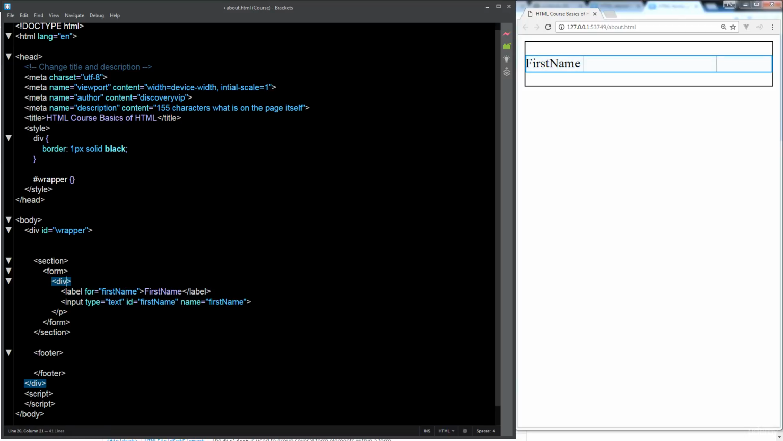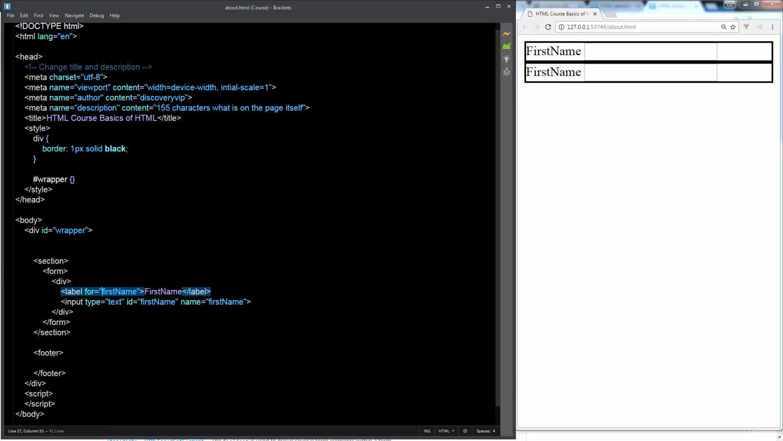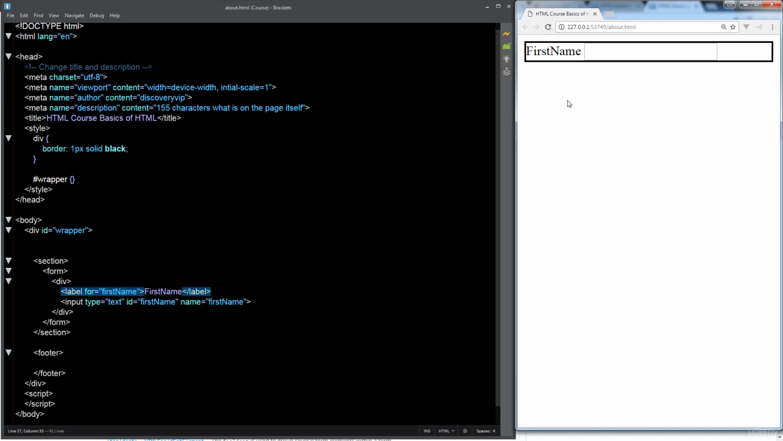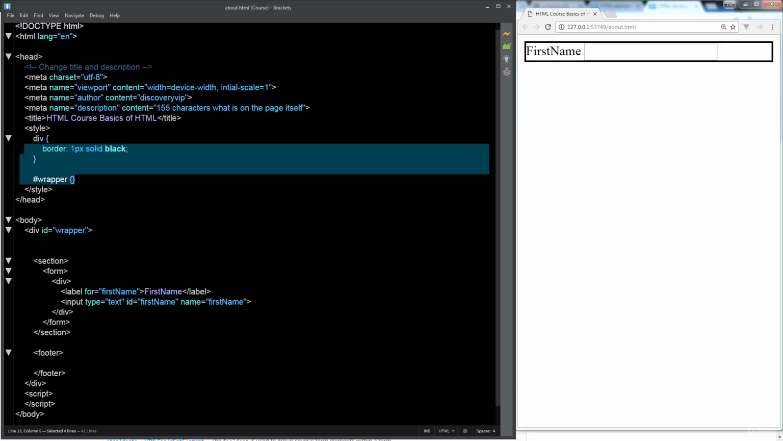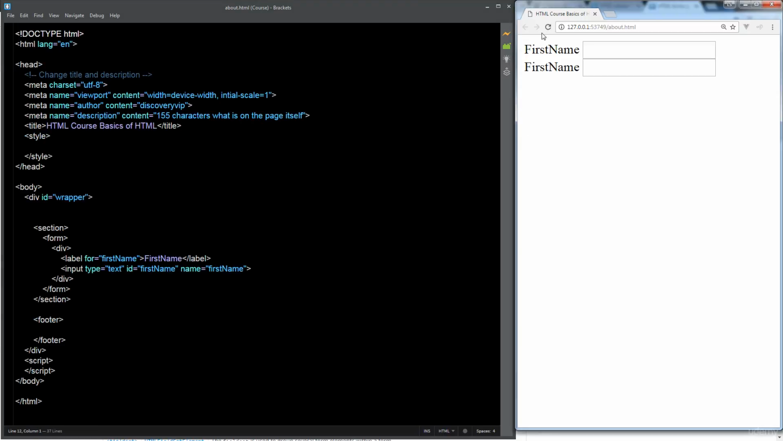Usually instead of paragraphs, I'll use divs, or we can use different formats as well. So I'm just using a div, and remember again, we do have that styling here for the div, so I am going to get rid of that just to indicate what we want our form to look like. So let's add in some additional